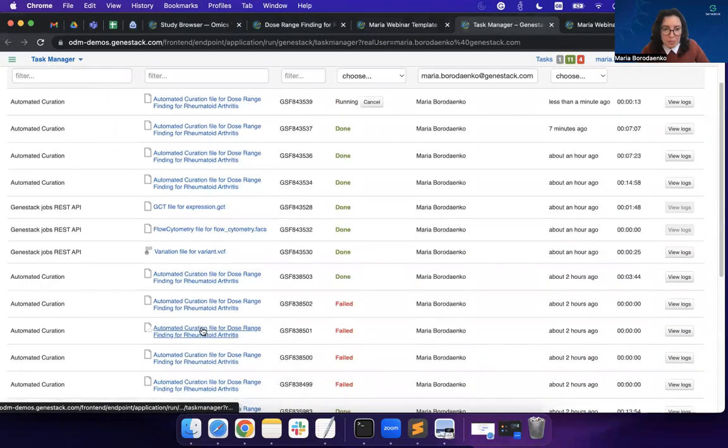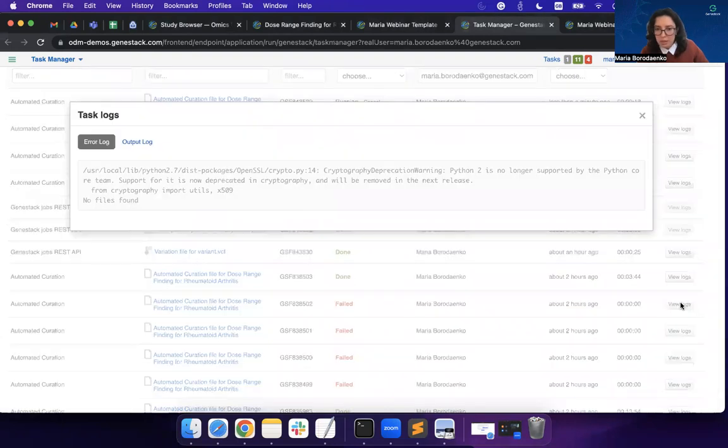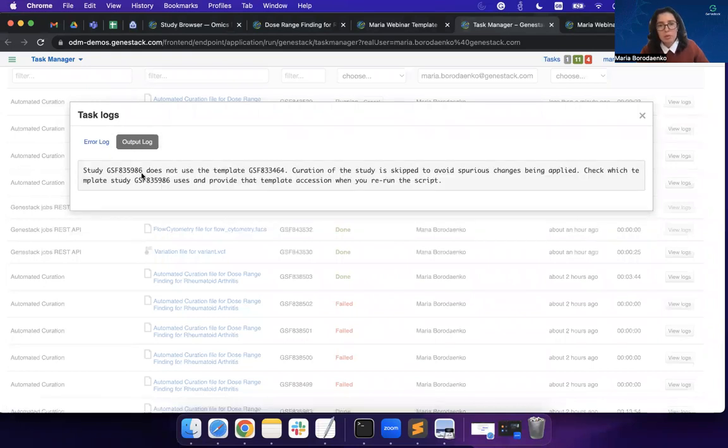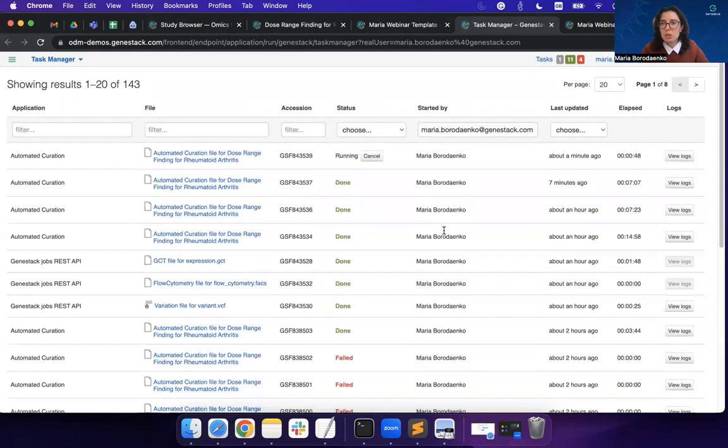By the way, I created a few runs which failed, just to show you that in case it fails, you can usually go and track it, and here you have pretty user-friendly information that the very specific study I tried was using a different template, so that's why no curation has been applied, right? Because we want to be sure that we're doing only those changes that users are supposed to be doing. In this case, we just ask the user to check the template and run the script. So yes,